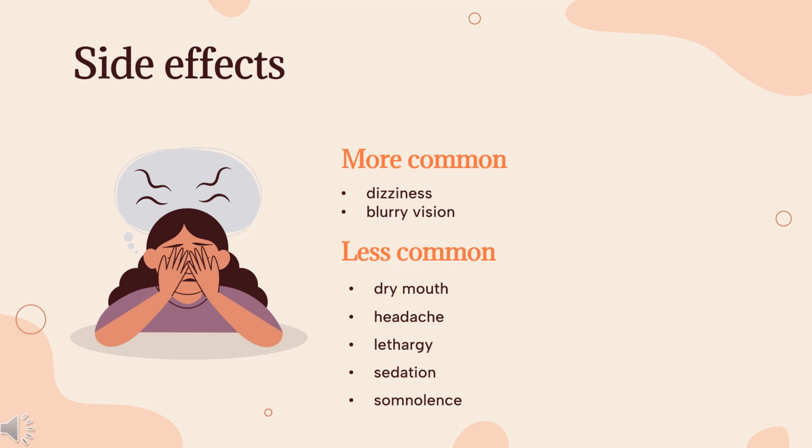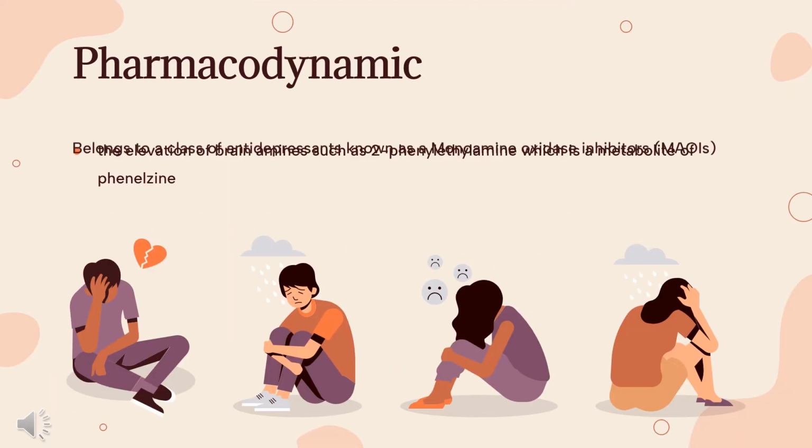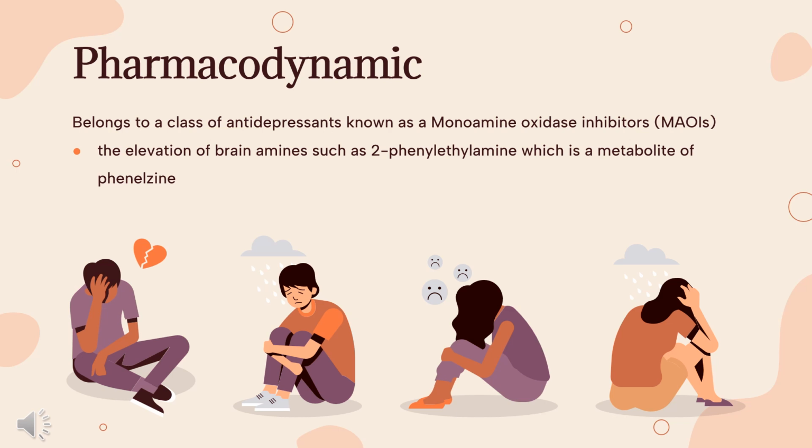Rare side effects usually only seen in susceptible individuals may include hypomania or mania, psychosis, and acute liver failure, the last of which is usually only seen in people with pre-existing liver damage, old age, long-term effects of alcohol consumption, or viral infection. Pharmacodynamics. The elimination of monoamine oxidase by Phenelzine results in the elevation of brain amines such as 2-phenylethylamine,